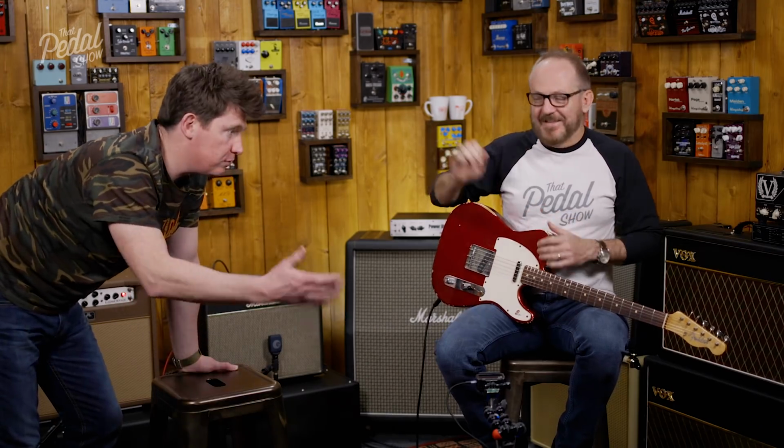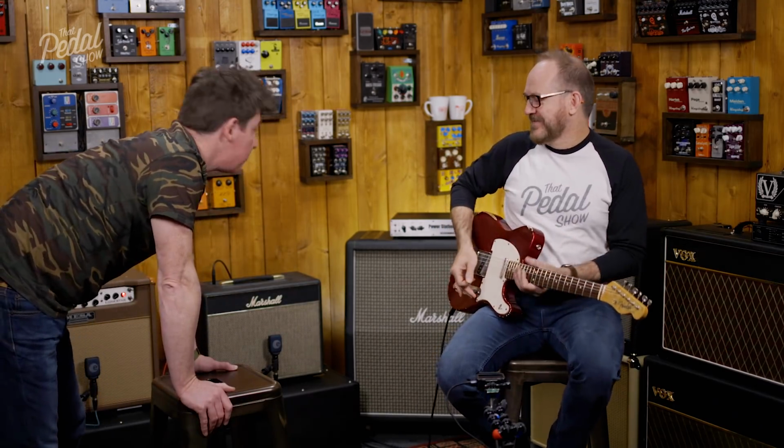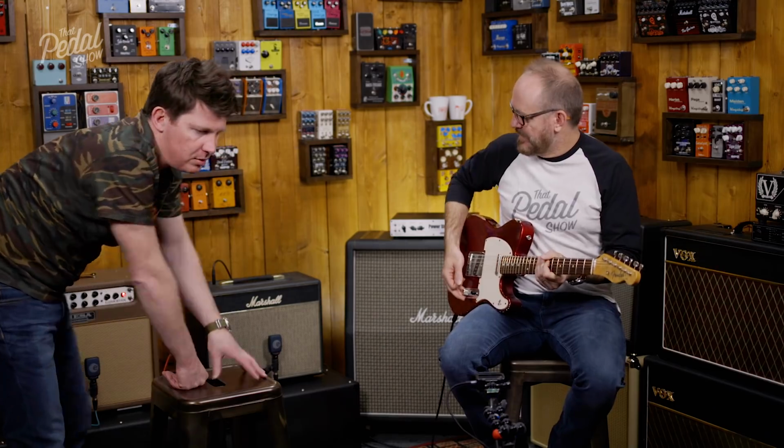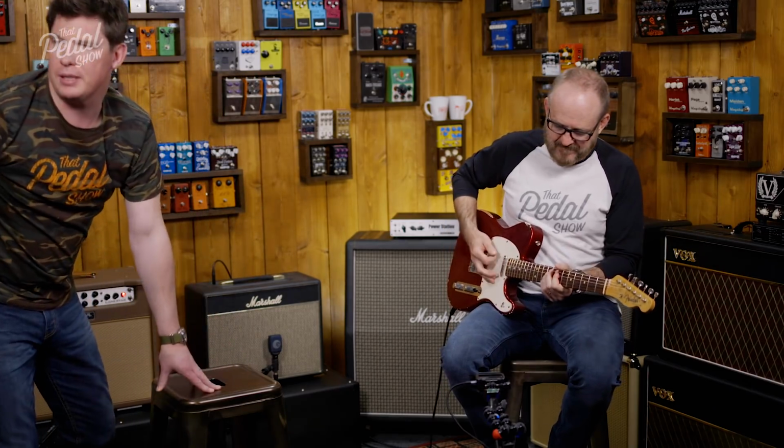Certainly the frequencies that we were putting out before, even at that low volume, there's so much bottom end. And as soon as you put it down, even at the same volume, and even though we still have loads of room to go, the bottom end is completely different. Which is why reactive attenuators, or some attenuators, have EQ controls on. Okay, keep going. Let me just check the input gain on the...